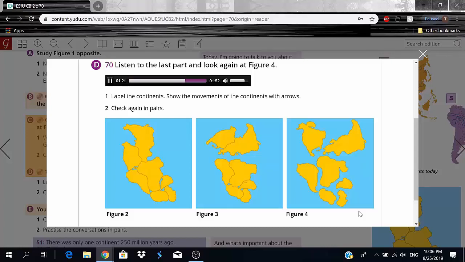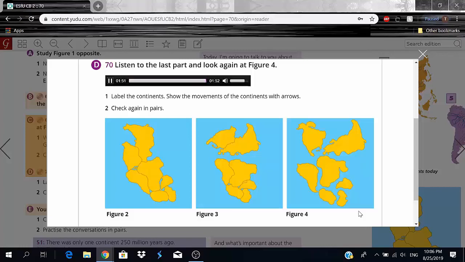How can the continents move? Why do they move? Well, the continents are on the crust of the Earth. The crust is solid rock. But, as you know, the crust is on the mantle, and the mantle is liquid rock. The crust moves very, very slowly on top of the mantle, like a stick or piece of wood on water.